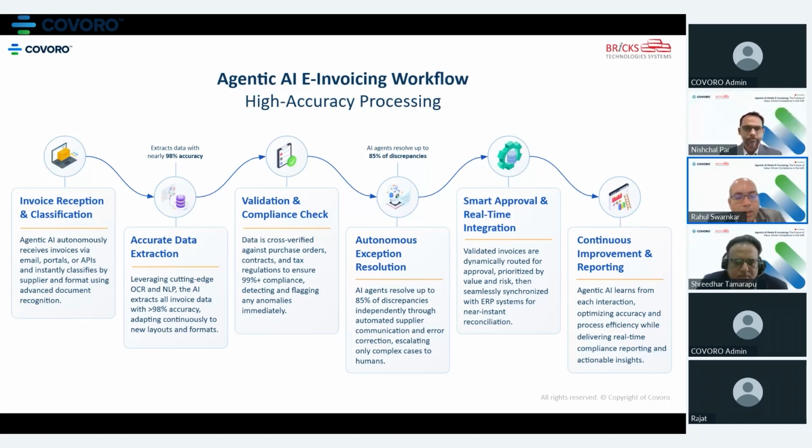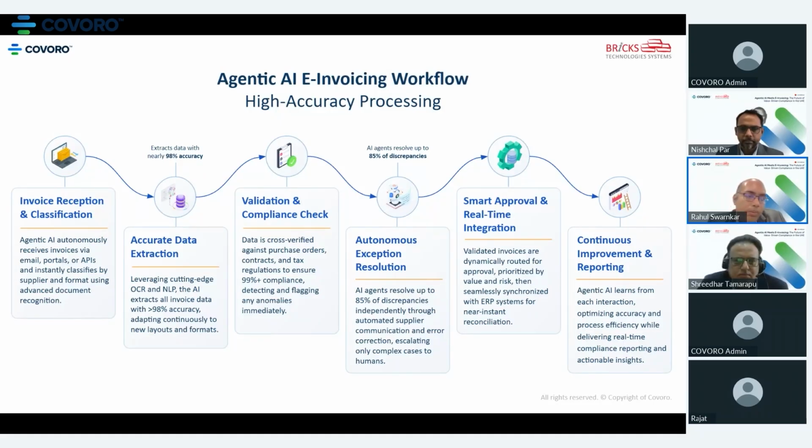Then you should be able to build the validations and the compliance workflow, and that is where a lot of compliance is needed in terms of the AML process, fraud detection, automation, validity of the invoice, or the quantity coming to you or quoted against the contract and so on. So various levels of validation and compliance checks are needed. Then your autonomous exception resolution process: what if there is an exception or you hit certain roadblocks, how do you resolve those? Maybe vendor communications,